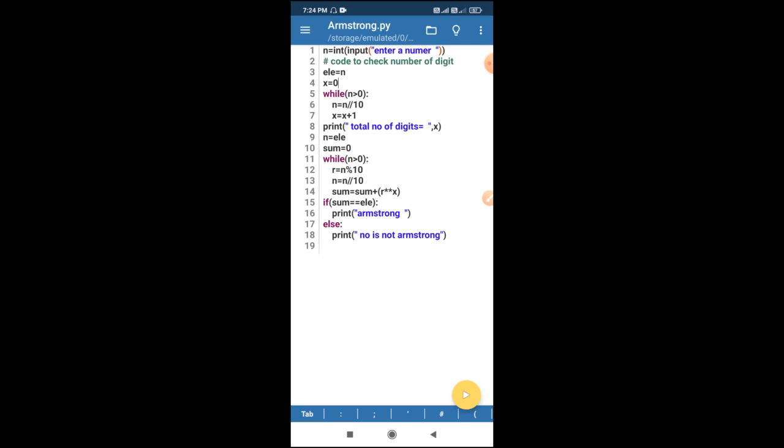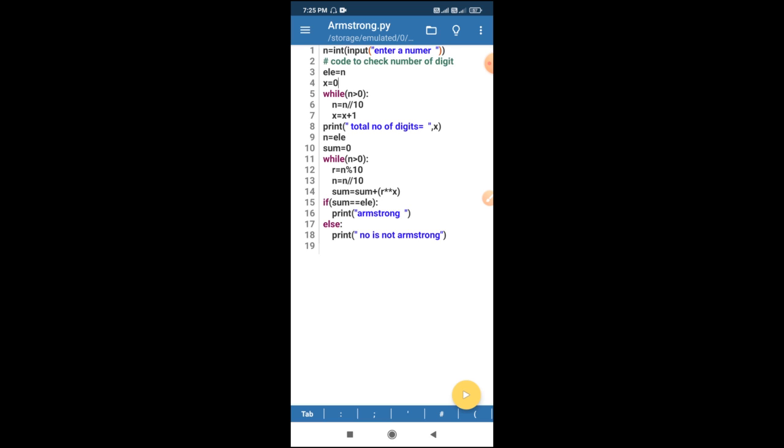For example, if a number of 3 digits is entered, then the individual digits are raised to power 3, then we calculate the sum of the individual powers, and then we compare the sum with the number, and if there is a match, the number is Armstrong. Similarly, if you enter a number of 4 digits, then you need to raise to the power of 4, and if you enter a number of 5 digits, then you will have to raise to power 5.